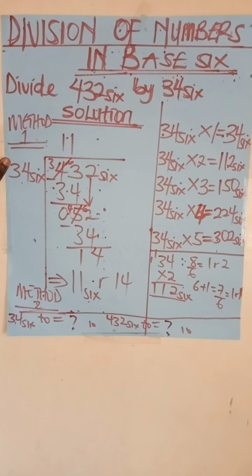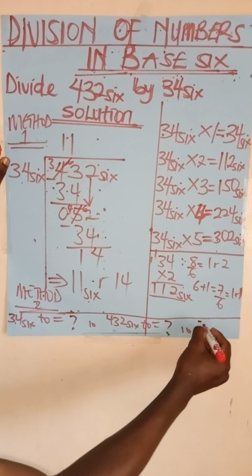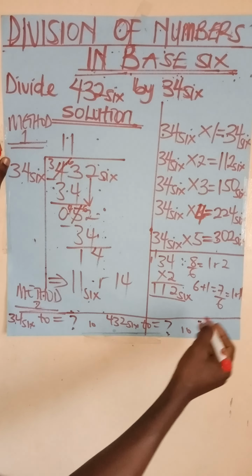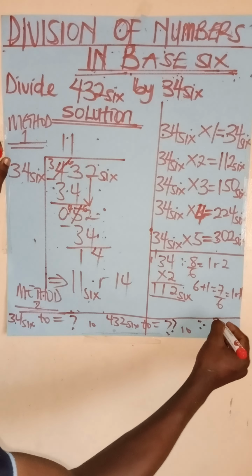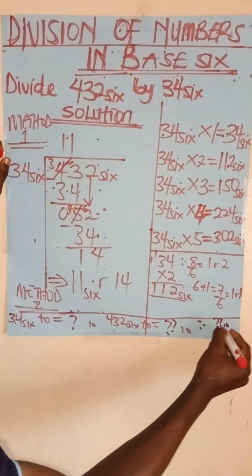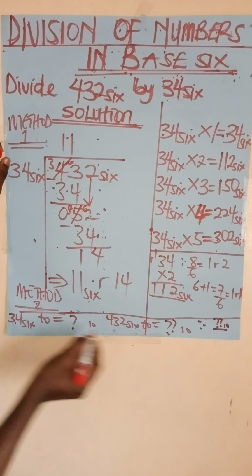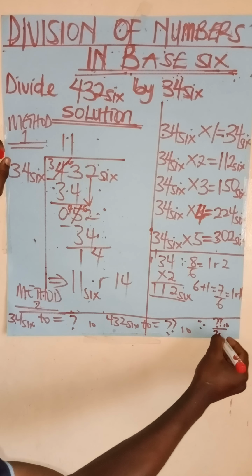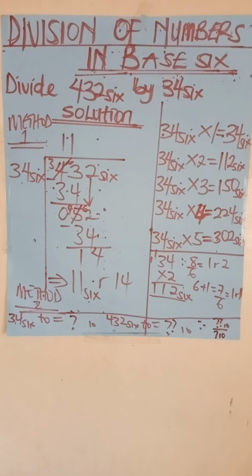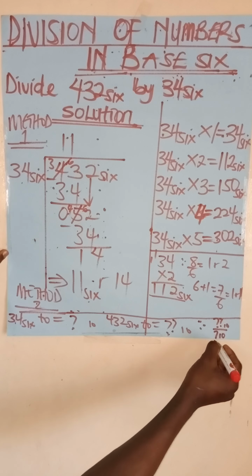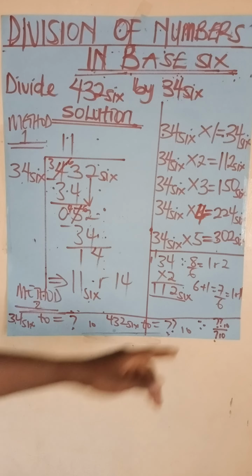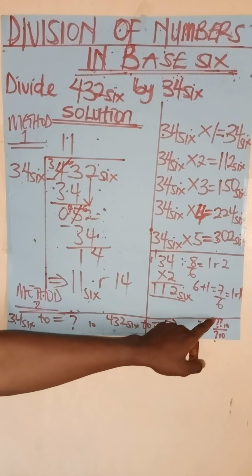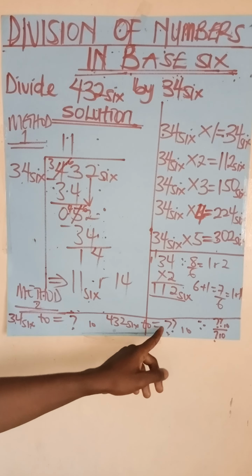Then your answer will be here. Then you will say your answer here. Let me use this two question mark. So your answer here in base 10 divided by your answer here in base 10. This is not 7, no, please. This is just a question mark, just to signify that something is there. So your answer here in base 10, this particular one, which is